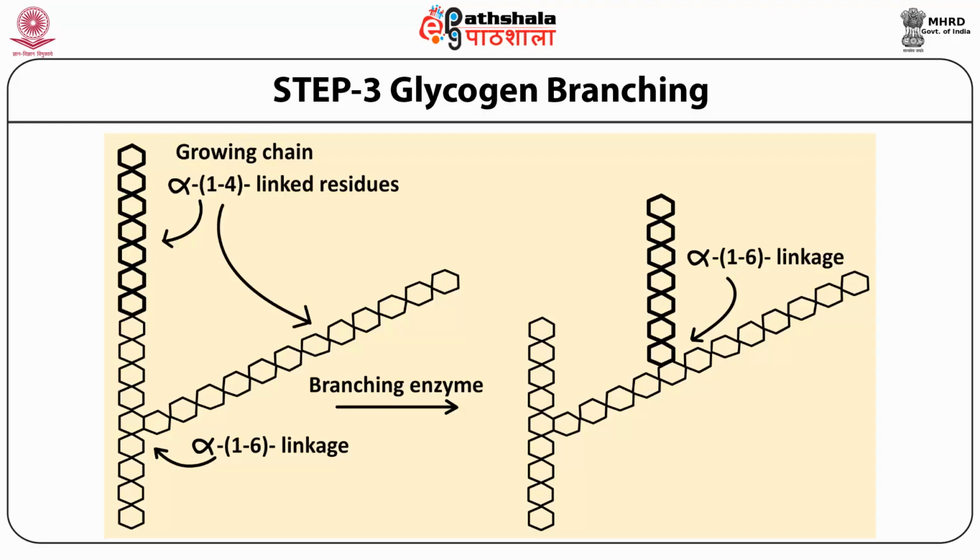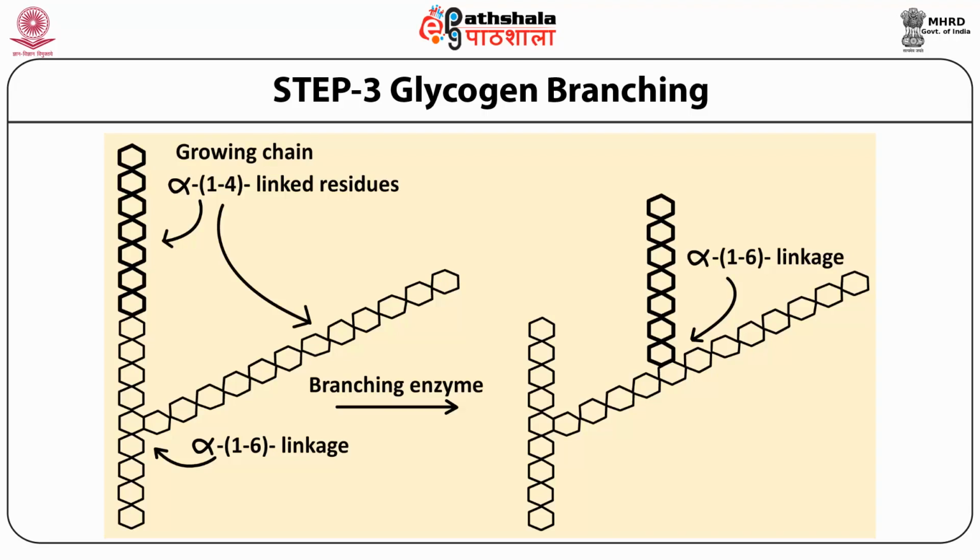After a number of glucose units have been linked as a straight chain with alpha 1,4 linkages, the branching enzyme breaks an alpha 1,4 bond. It breaks a 7-unit segment of alpha 1,4 residues from a glycogen chain and transfers it to